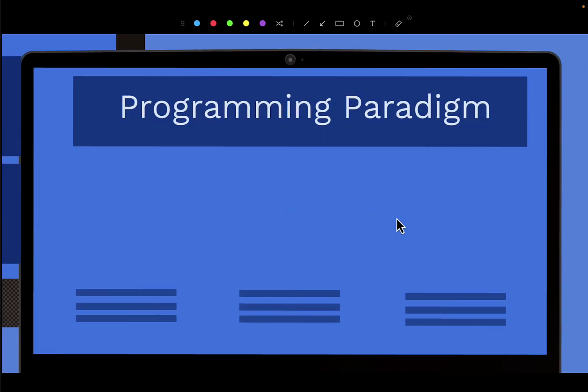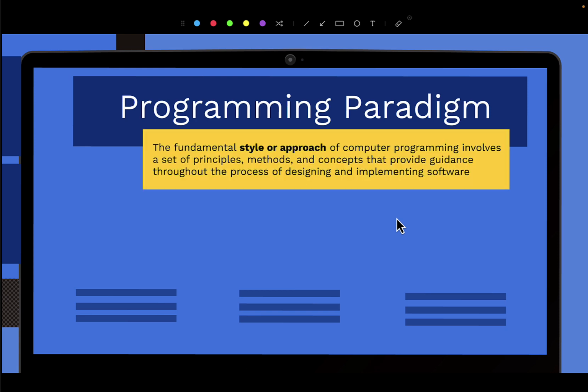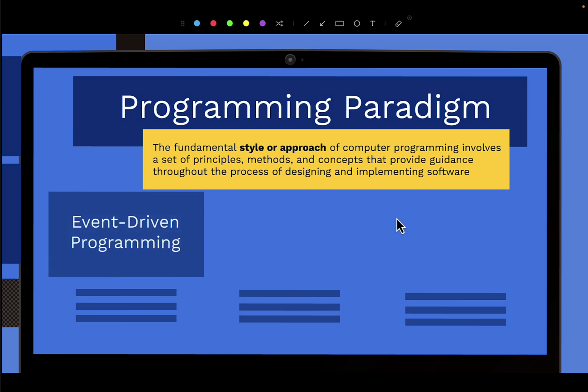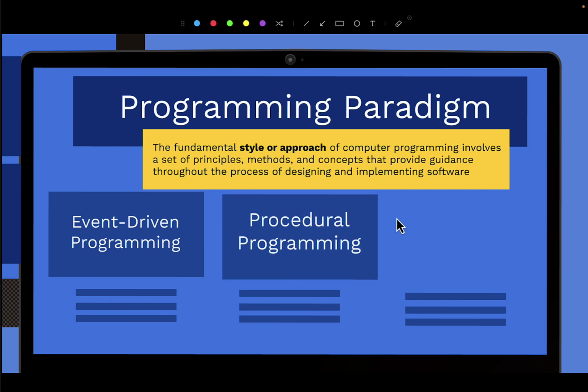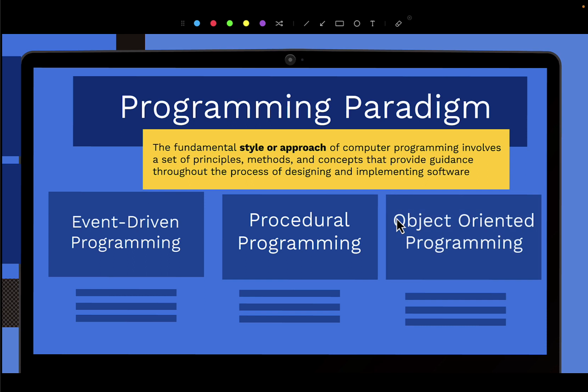Now, another quick note here is the programming paradigm. That is basically the style or the approach of programming, which involves a set of principles, methods, as well as concepts that help guide you in designing and implementing software. Now, this is just a quick sample of what they may be: event-driven programming, procedural programming, and object-oriented. And there are a couple others as well. So most of the stuff that we're going to be doing is going to be